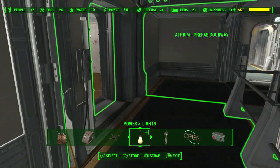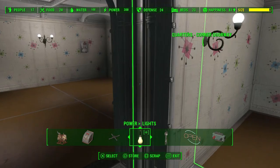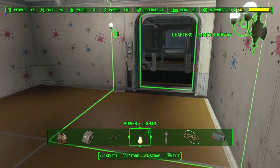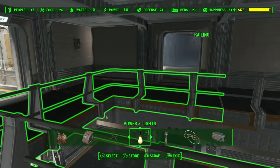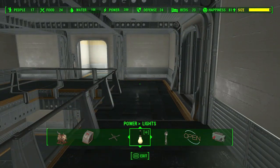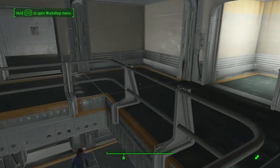Okay. Well, I got my beds up. Definitely got my beds up. I have more beds than people now, however that happened. Alright, so I still have this room to do, and those rooms over there. But I am going to stop now, you guys, because